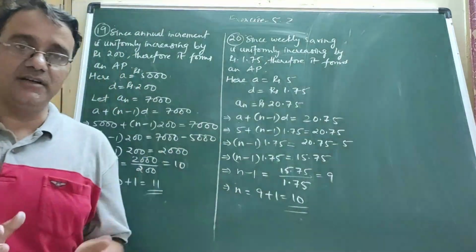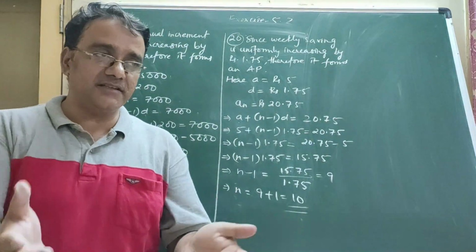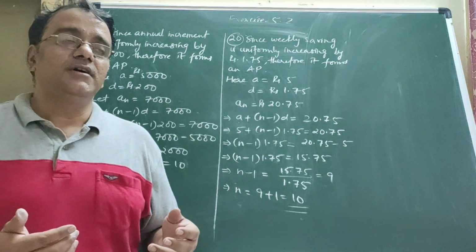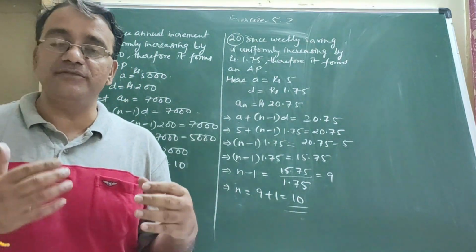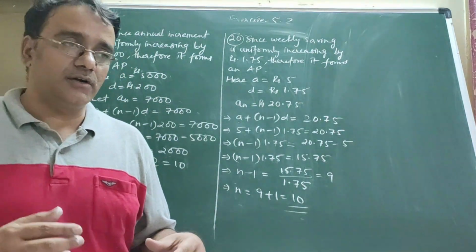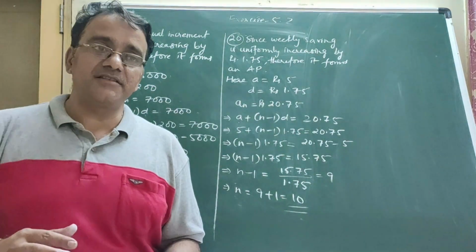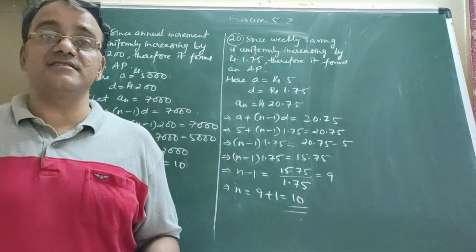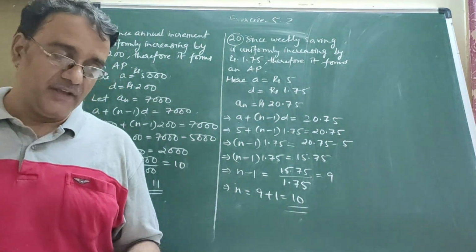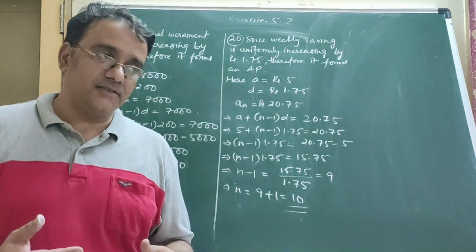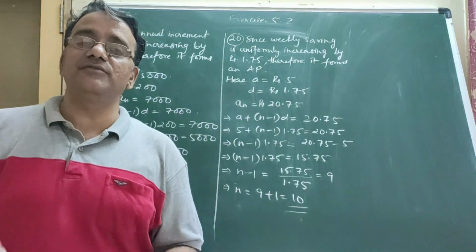So we have completed exercise 5.2. In the next session we are going to learn about sum of n terms of AP, और उसके बेसिस पे 5.3 लास्ट एक्सरसाइज है. लास्ट एक्सरसाइज के बाद वन मोर एक्सरसाइज इज देयर, ऑप्शनल एक्सरसाइज. ओके, सो will start next session with sum of n terms of AP.